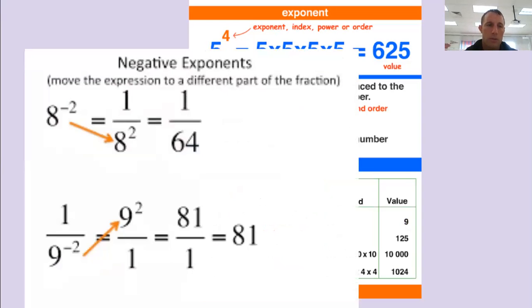Now, negative exponents are a little bit different. So let's say we have 8 to the -2 power, or 8 to the negative squared power. Well, all that does is just put our number on the bottom. So it would be 1 over 8 squared, which would be 1 over 64, which is 8 times 8. There you see on the bottom. Conversely, if we have 1 over 9 to the -2 power, that's actually going to be 9 squared, which is, if it's in the denominator, it'll go to the numerator, and then 9 squared equals 81.